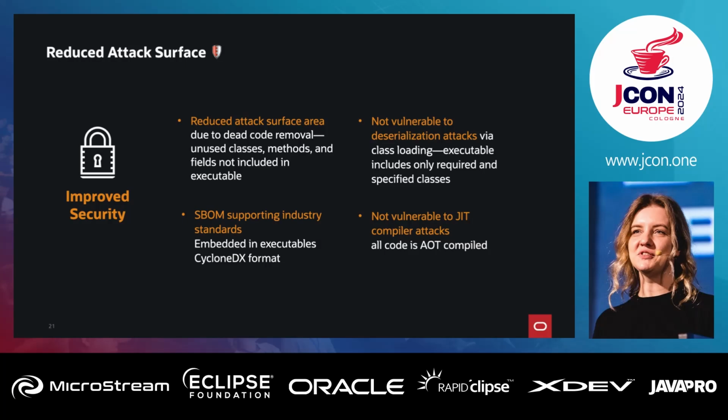So native image adds this additional interesting security dimension to run your application on the JVM, and that is coming from a few properties of native image. So one thing I mentioned, that native image eliminates all the code that you're not actually using. So the things that you will not use, native image will just throw out and not put in this produced native executable. So this way we are reducing the attack surface because there is less to attack, less surface exposed